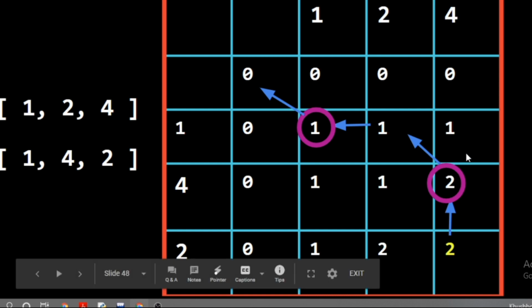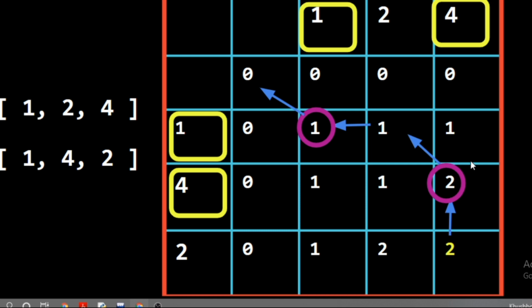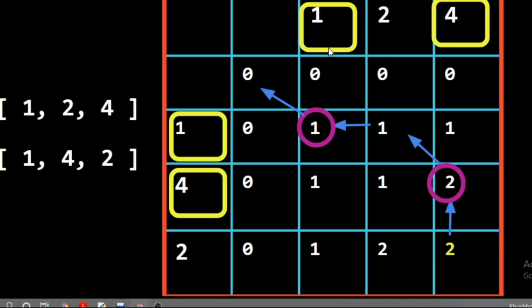So let's go to the upper portion. We get this 2 from here, then this 2 from this one, and this one from this 0. Whenever we change the direction, we got a new element, and that new element is part of our subsequence. So we got two elements and that's our subsequence, 1 and 4.